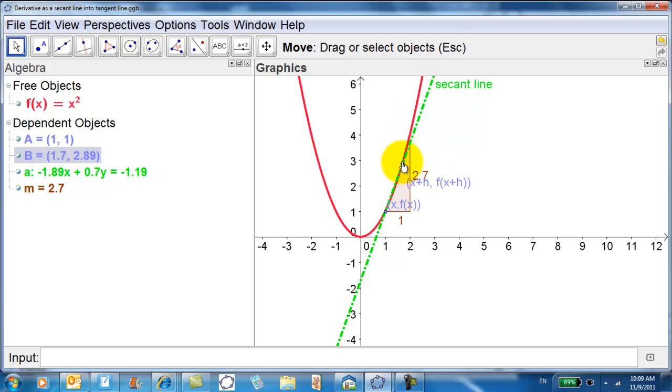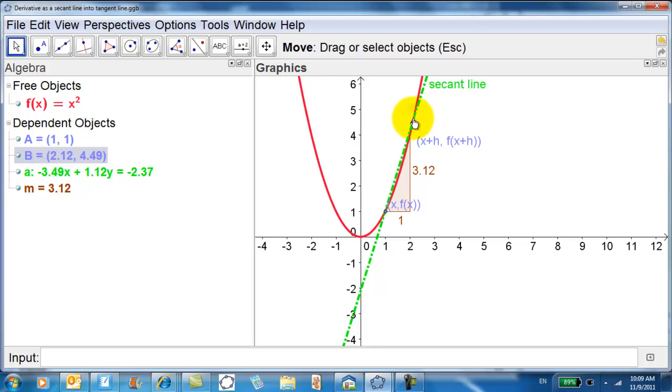Notice how I've gotten here the f of x plus h and x plus h, and f of x and x. x comma f of x is the same thing as x comma y. Now what we do is we move over h and get to a new value of x and look at f of x plus h as a new value of y. And so as you can see in green here, this slope, represented in brown here by 3.2, is the slope